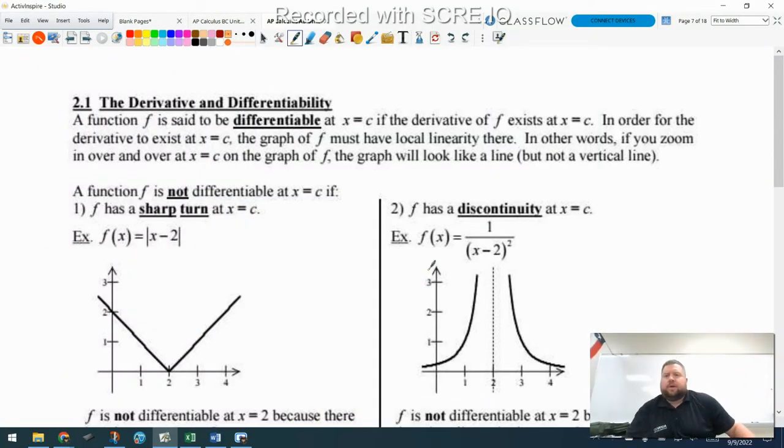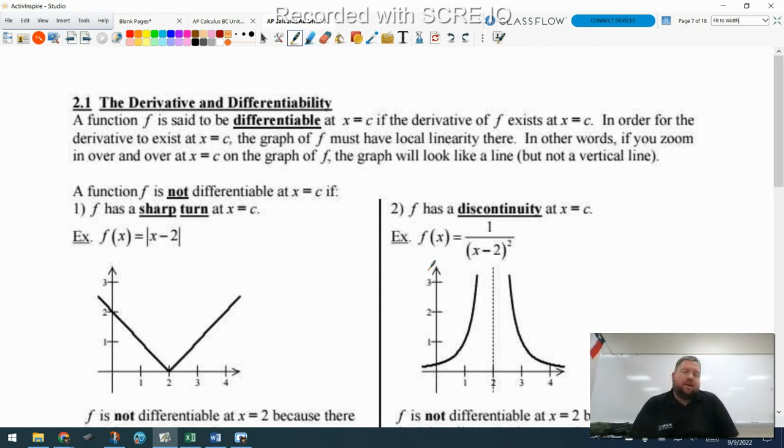All right, in this lesson, we are going to be talking about differentiability. We introduced this word differentiable in our last lesson, and the word differentiable means that the derivative of f exists at a certain point at x equals c. In order for the derivative to exist at x equals c, the graph of f must have